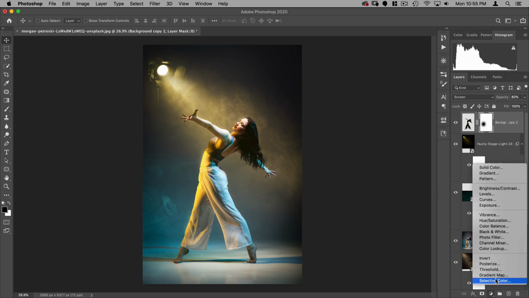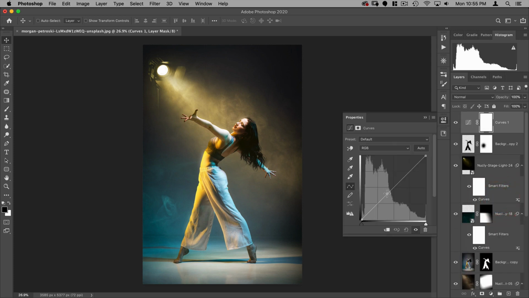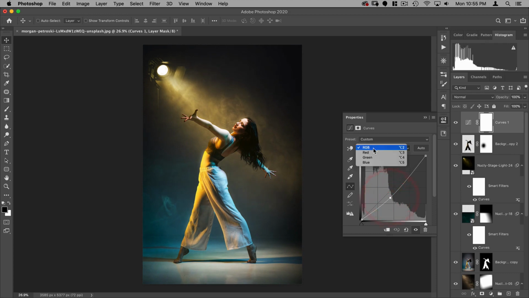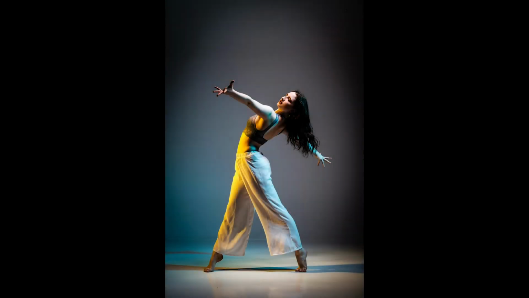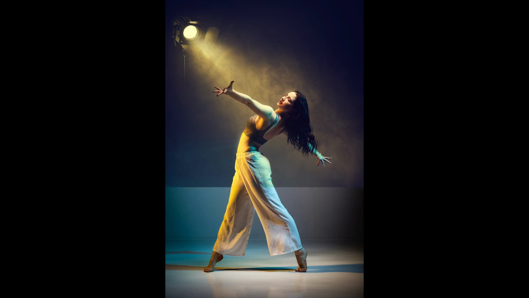What I might do is just add a curve to the very top. Maybe pull the curve down just a little so we get a little more contrast. And then in my blue curve, I'm going to pull the top up so we get this nice blue color to all over her blacks, and then pull the bottom or the top down so that our colors aren't really affected, and it'll give our highlights a nice yellow light. Alright, so I'm pretty happy with that, and you can see how we can add these overlays and kind of create a whole different vibe to our image with just a few overlays and some quick color corrections in Photoshop.